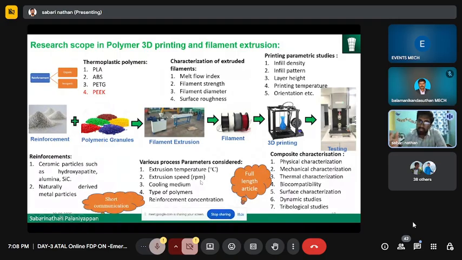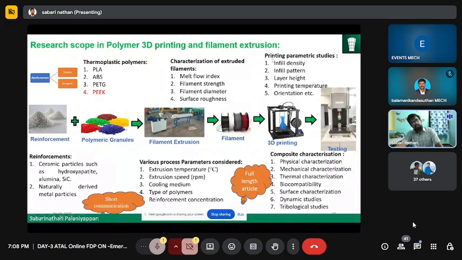You can measure the hardness, or you can measure the filament diameter or filament strength. Any one of the parameters you can take, and you can use any kind of machine learning algorithm, and you can publish as a good article. So this area also you can publish as a full length article. Then coming to the printing process. Everyone who works on 3D printing knows that there are a lot of printing parameters. So you can optimize the printing parameters for the particular composite material you are developing, do the printing parametric study, and publish that also